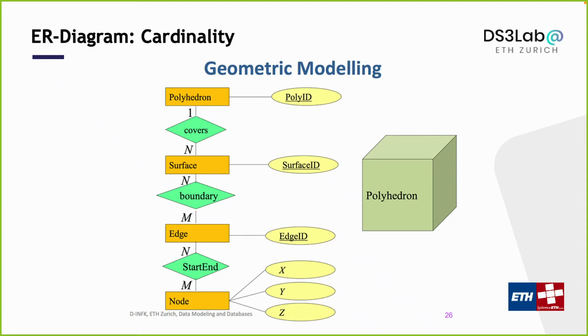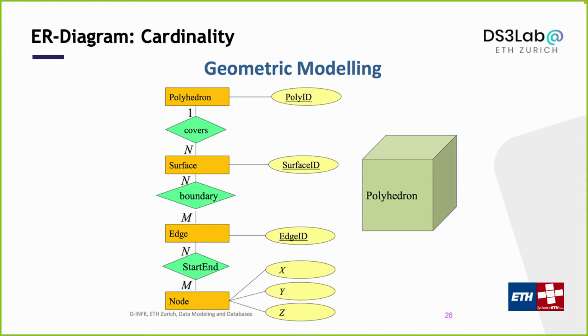So let's look at this and try to think about what cardinality constraint we should put here. Here I already show you the one-to-many notation. So what do we mean by this? We look at the relationship between surface and polyhedron. If you do the one-to-many notation, I think something reasonable here in three-dimensional space is